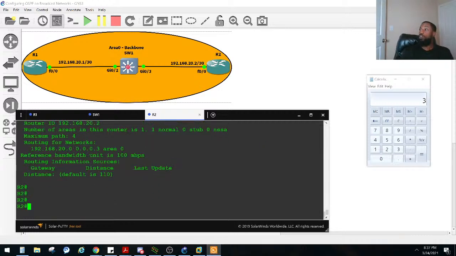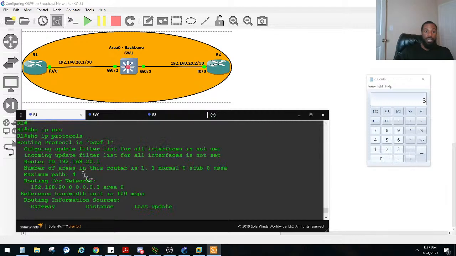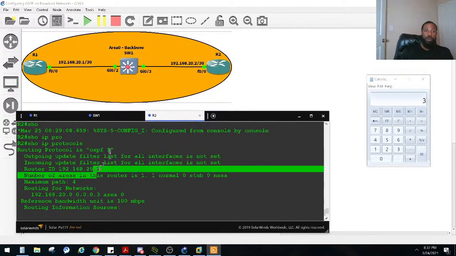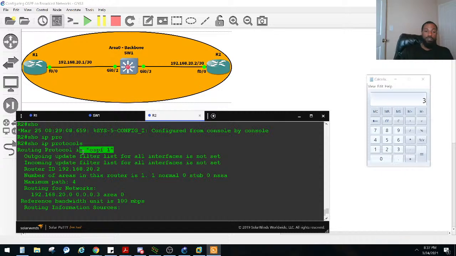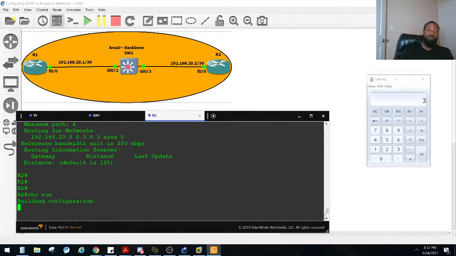So let's go ahead into global config mode. What we did here, yeah, that's correct. That's the correct router ID. So he is 20.2, whereas the other guy was 20.1. Router 1 is 20.1, and router 2 is 20.2. So that was correct. What we needed to fix was this. Like I said, we'll do a show run to see what we had so far and then